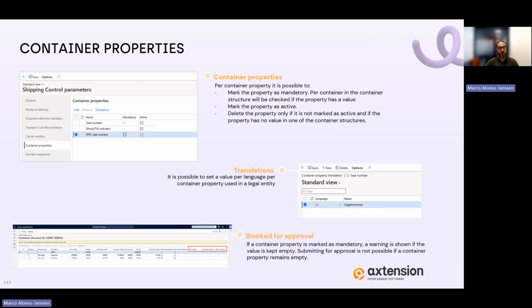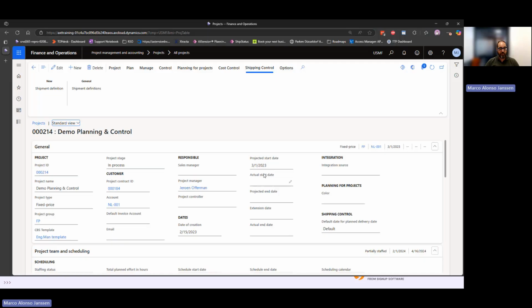If you marked a container property as mandatory, the system will prevent you from continuing and will warn you that a specific property does not contain any information. So how does this look? If we go back to our shipment definition here,